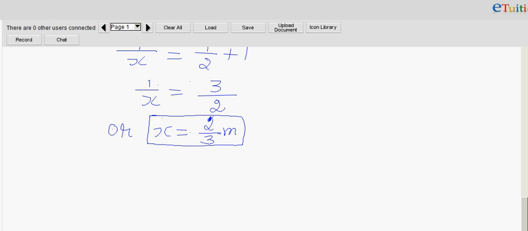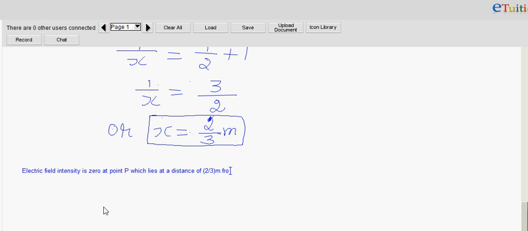So we can write, electric field intensity is 0 at point P, which lies at a distance of 2 divided by 3 meter